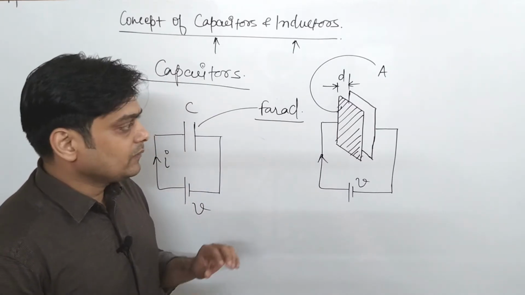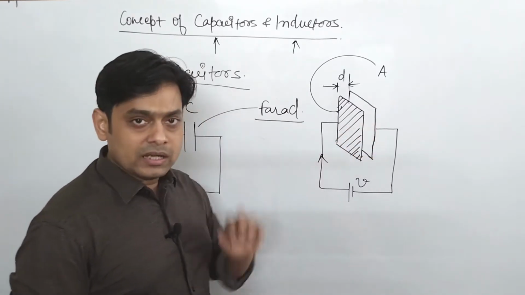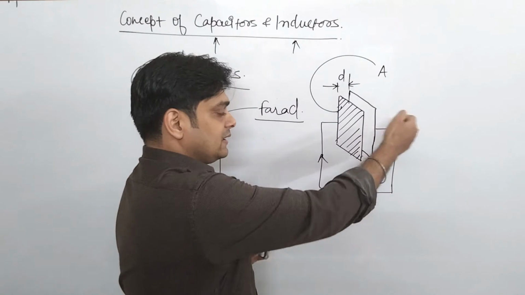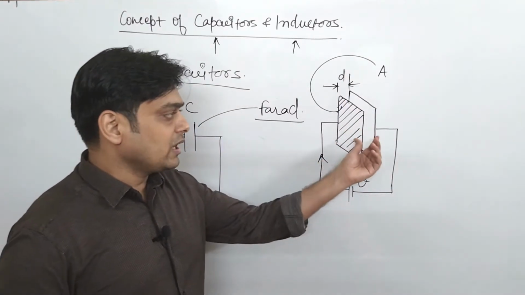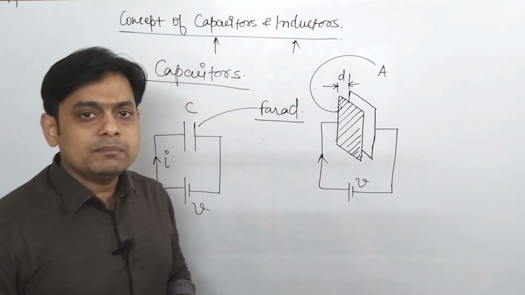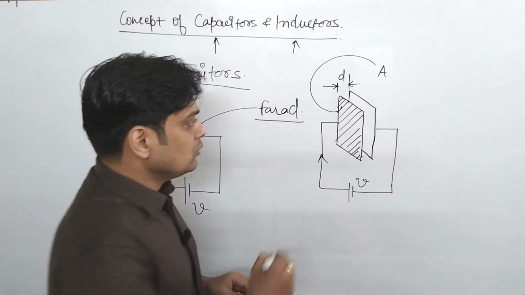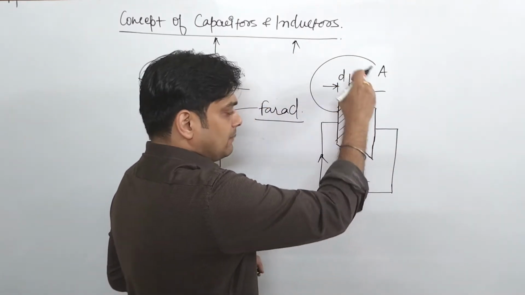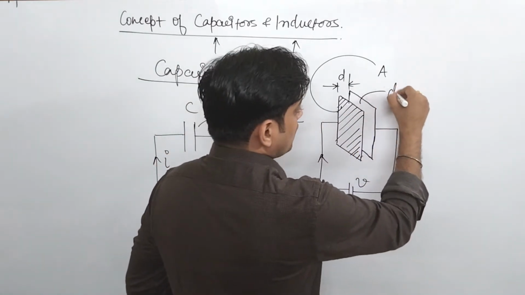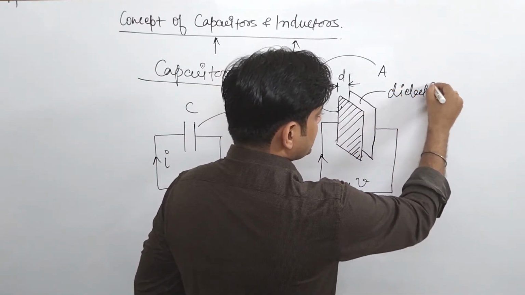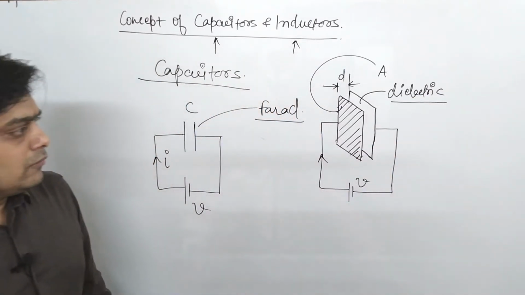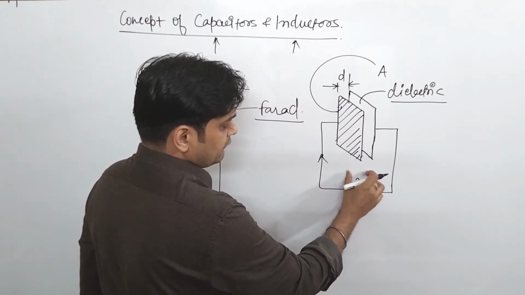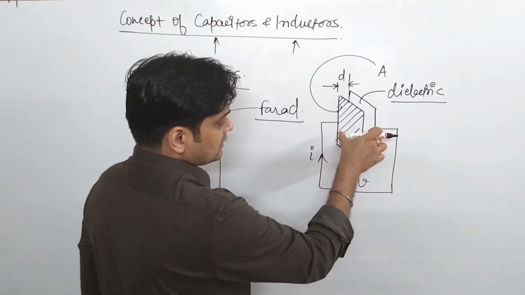It's a kind of media which may be air, which may be mica, or any medium which starts polarizing when a voltage is applied between these two plates. So for the time being, the medium existing between these two plates I call dielectric. So when a voltage V is applied, with some current I flowing,